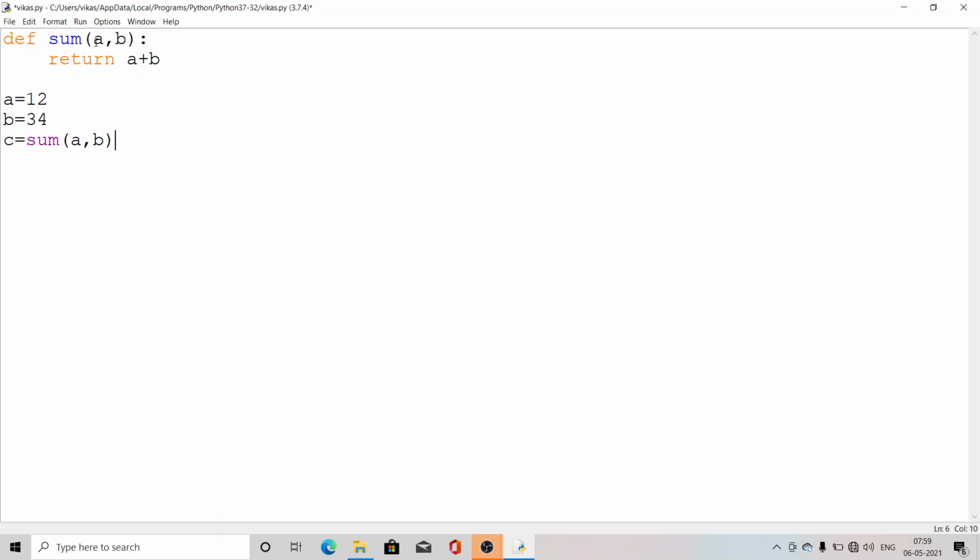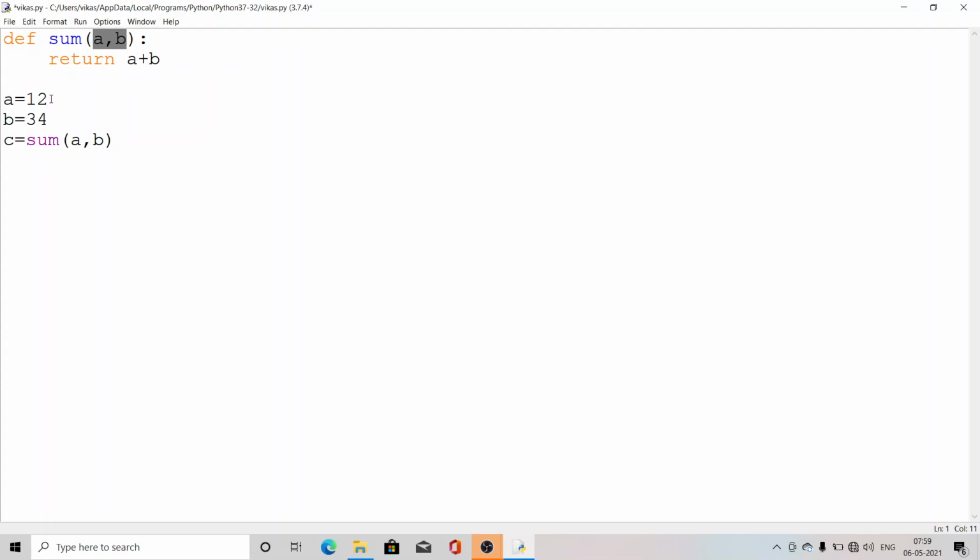So here the data type of the function's variables is defined by the arguments that we send at the time of calling. We passed integer values, so what will be the data type here? A and b both have data type integer. Why? Because at the time of calling, the values we have defined are integers, so here also they are integers. Clear?